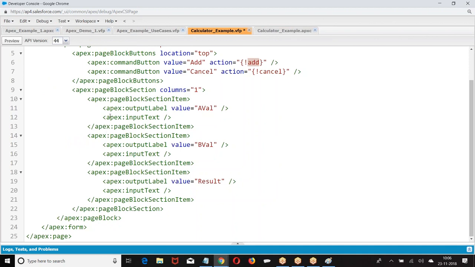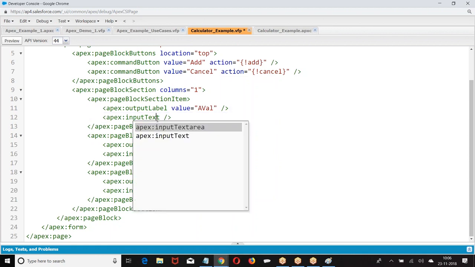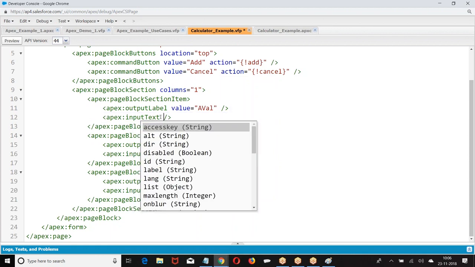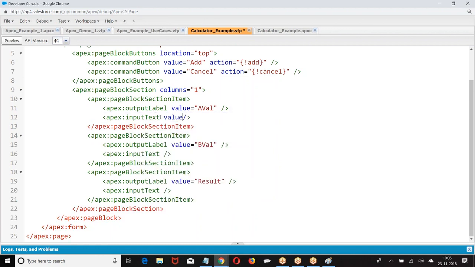Now look at this. In the input text box, whatever value I enter should be saved to a variable called a value. I told value equal to a value. Set the value you entered in the box to the variable called a value.